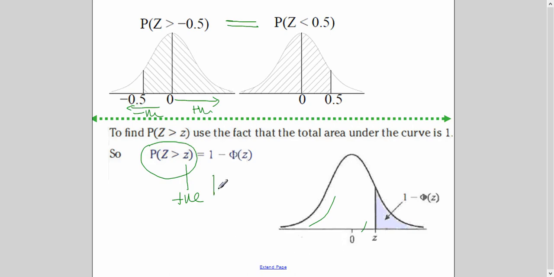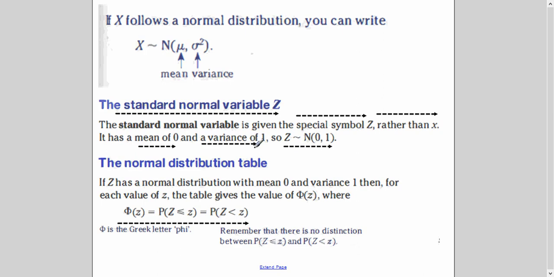which is written like this. If I write here probability of z less than, let me call it z1, then I have to subtract it from 1 because the table will read left-hand side area. I hope this basic concept is clear to you. So now let's go to the examples.